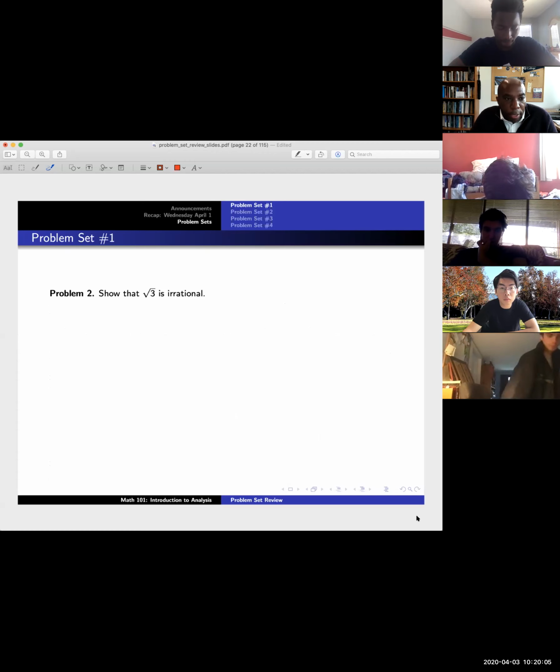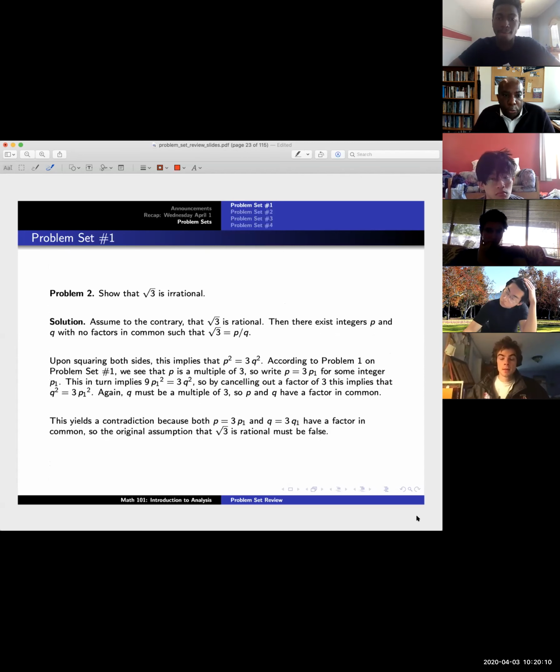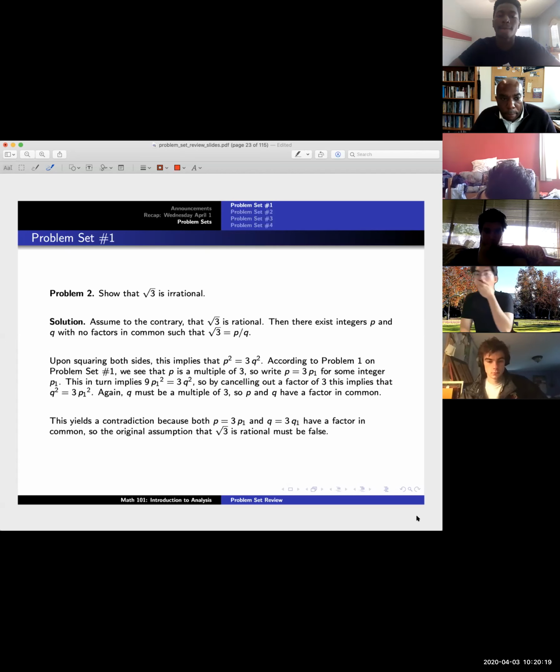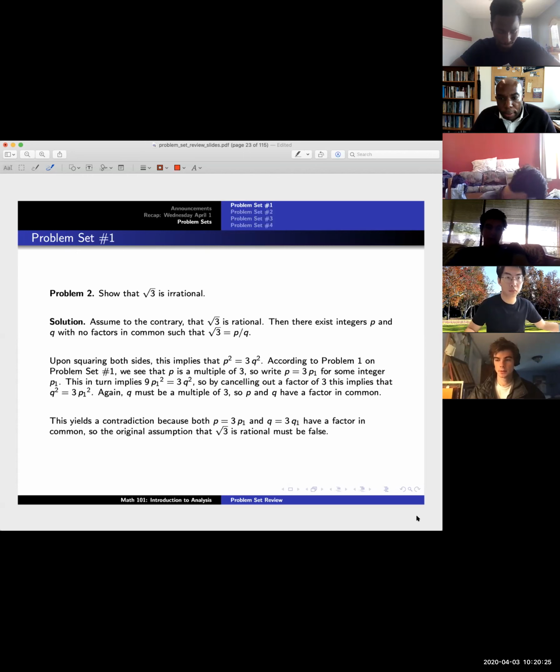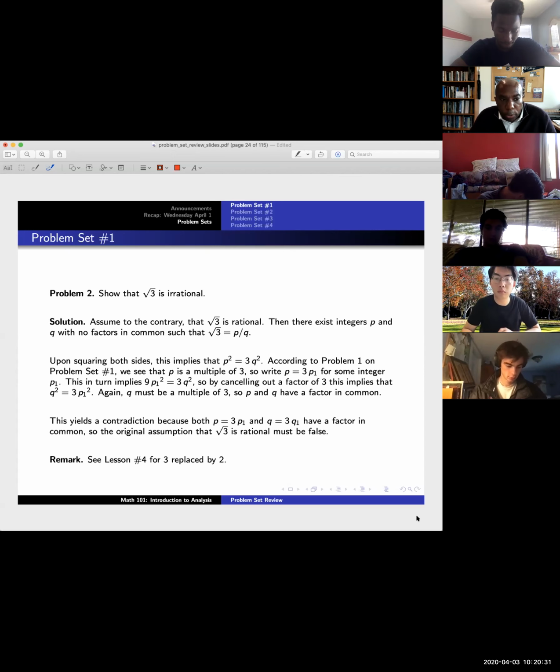Similarly, the second problem we did in class, so it was to show that the square root of 3 is irrational. I'm just showing here on the screen how the proof went. This here is basically the proof that was given in class, so I just had everything here on the notes. Again, you can use what's here, you can copy it word for word because it was in class, so it's fair game. If you want to come up with your own proof, that is perfectly fine as well, whichever one you feel more comfortable with. And again, this here is also in the lecture notes, lesson number 4, where 3 was replaced with 2. So any questions here on problem 2? Right, let's keep going then.